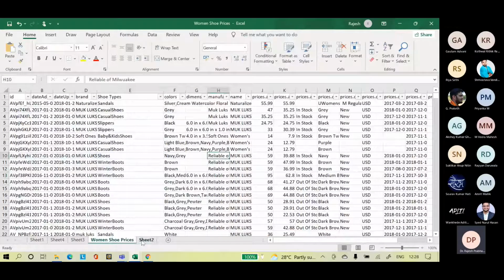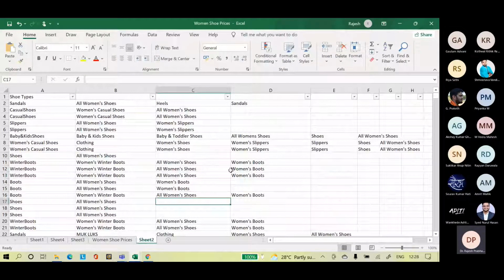But how you clean is, this is the process of manual cleaning where we clean them based on the Excel sheets and all, categorize them, split them. Once you bring them into broad categorization, then you can use it for your analysis. So this sort of analysis we have to do in Excel.